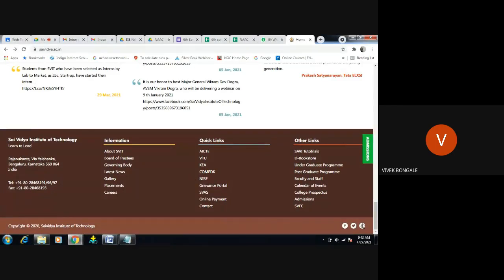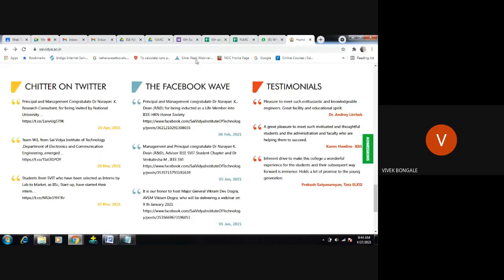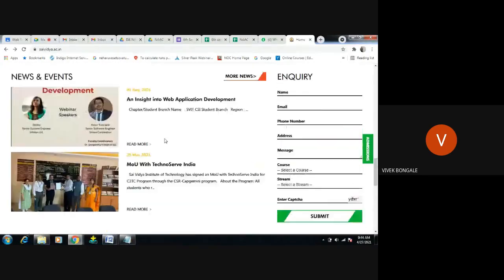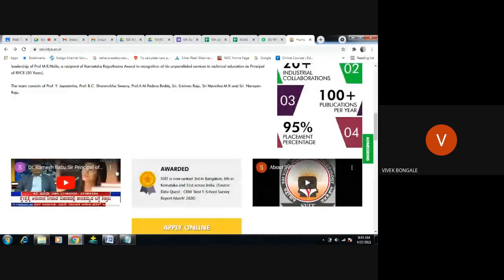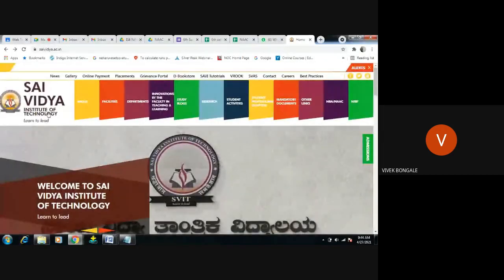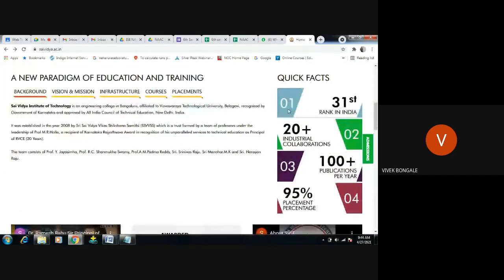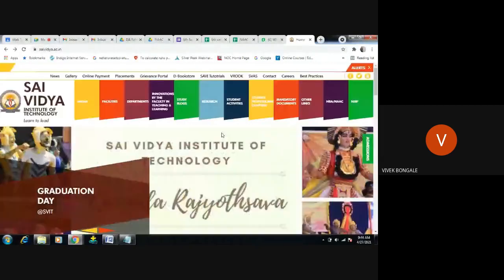So this part is the footer part, correct? And this is the article we want to display, articles and section, correct? This is the articles and section part, and this part is the header part, correct? This is our header part, and this is the navigation part. And this part, the quick fact 131st rank, we say is the side section, right? Any web developer who wants to develop any particular website will follow the same format, right?